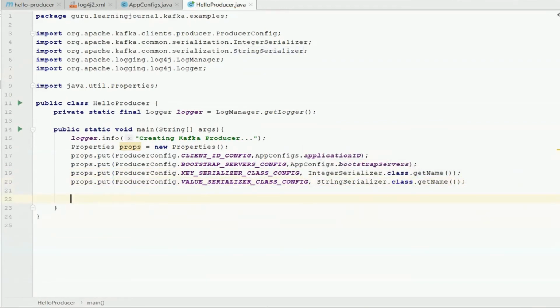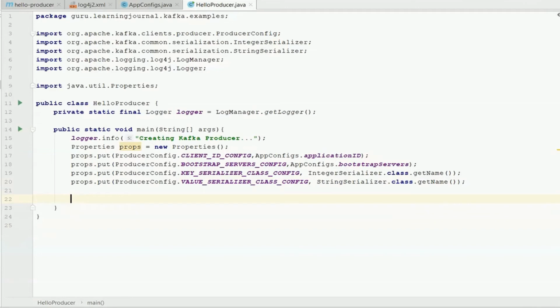Great. Now there are two concepts here. The first one is the key value pair. A Kafka message must have a key value structure. That means each message that we want to send to the Kafka server should have a key and a value. You can have a null key, but the message is still structured as a key value pair.